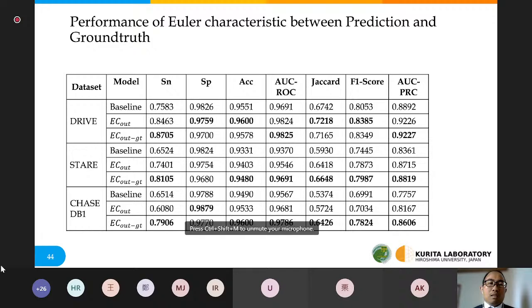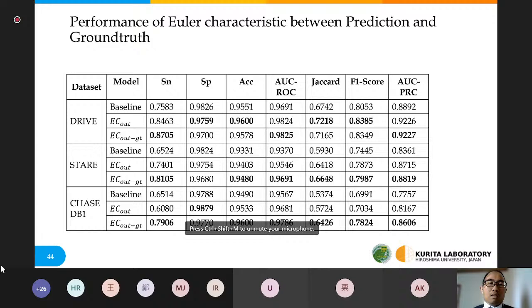So in this table, we can see that by defining the difference in the number of isolated objects between prediction and ground truth, we got some improvement in some measurements. For example, here for ROC and precision recall curve.